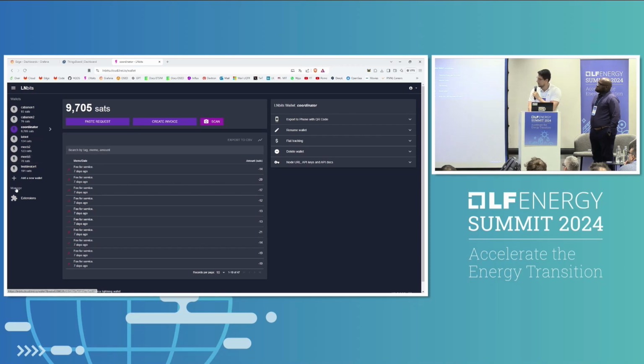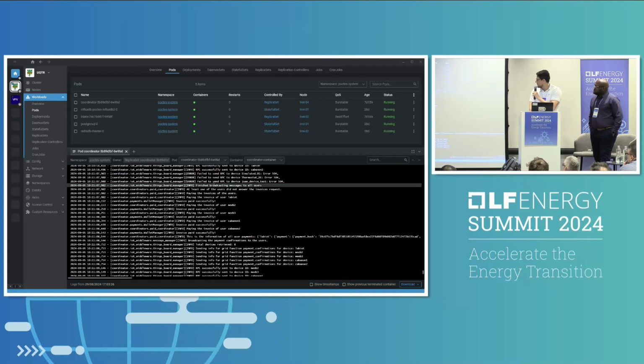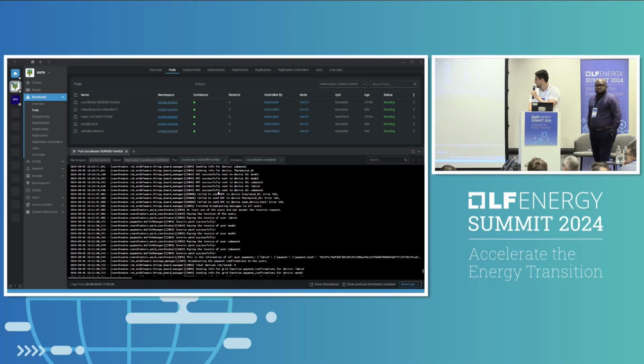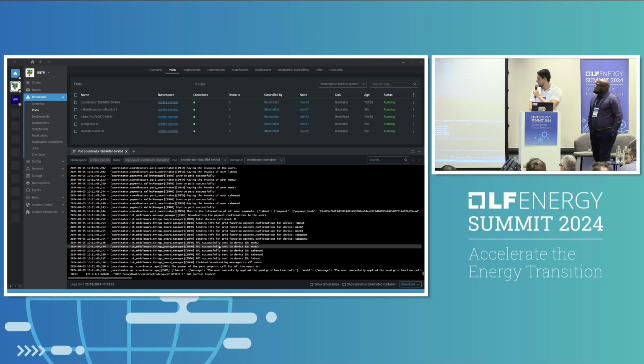So I just want to verify the logs of the coordinator, if it did something or not. Okay, so it says that it sent the request, and then the users answer with the invoice of how much they are going to charge. Then it pays the invoice, and after it sends the confirmation of the payment, like, I already paid you, so execute the grid function. And then the users apply the grid function itself.